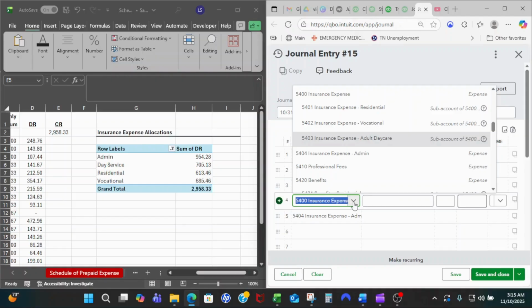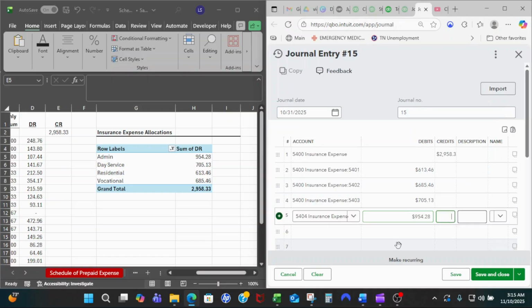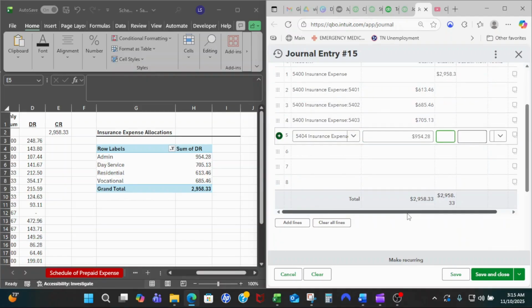And then finally, our administrative is going to be 95428. And then we get to 295833. That is what our total